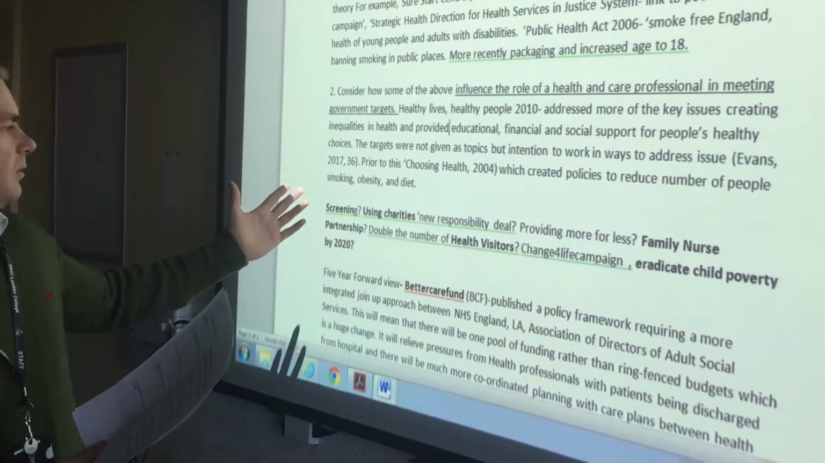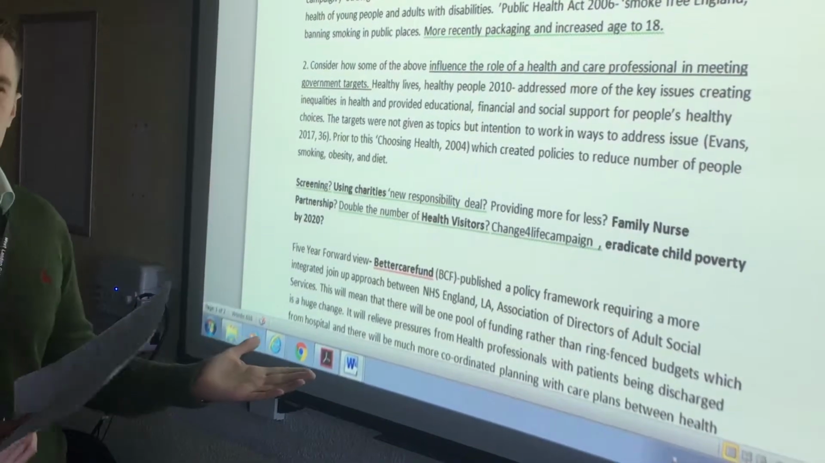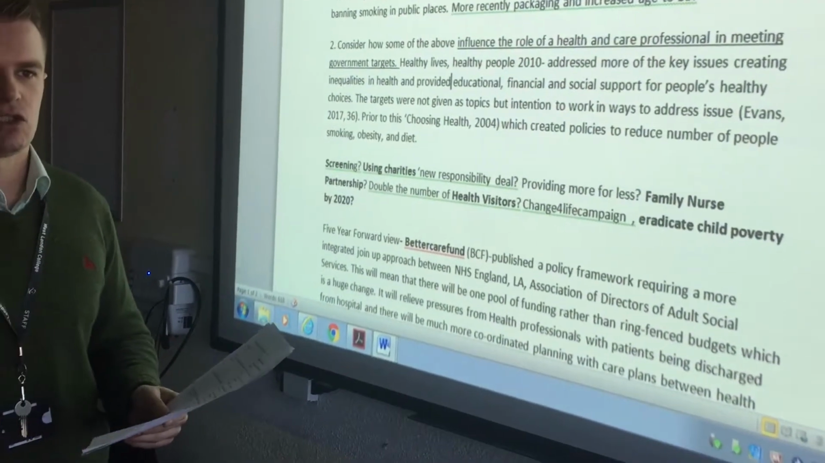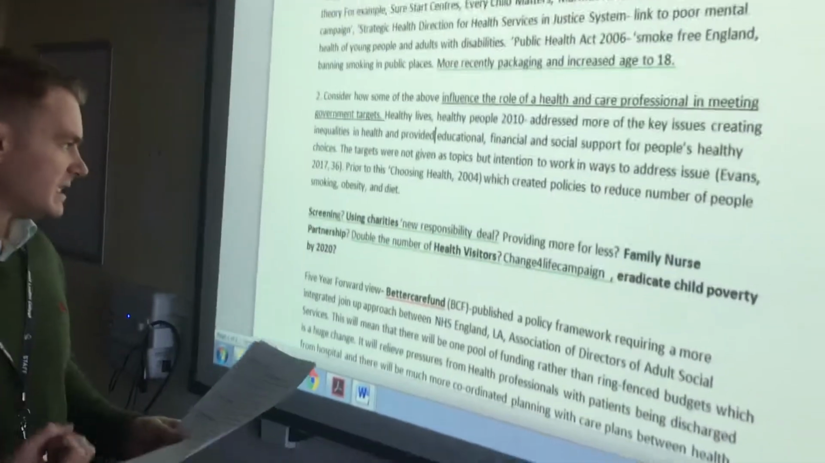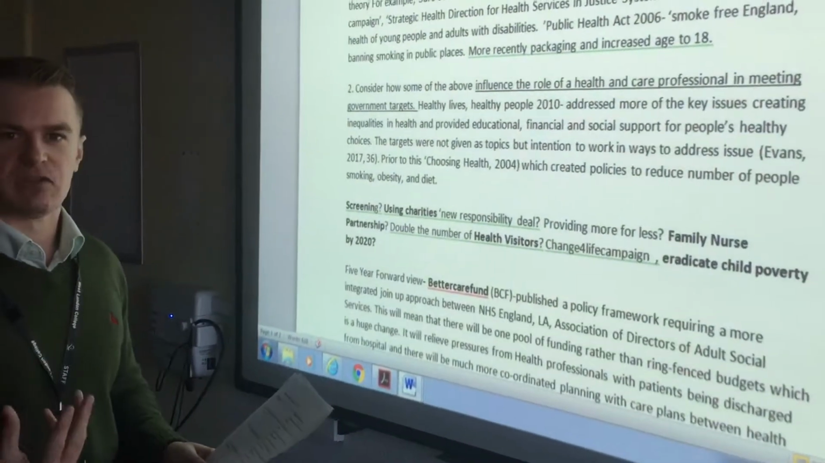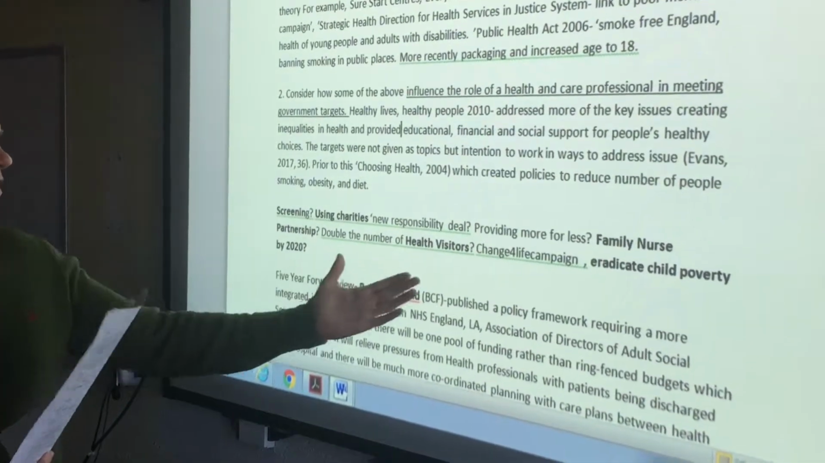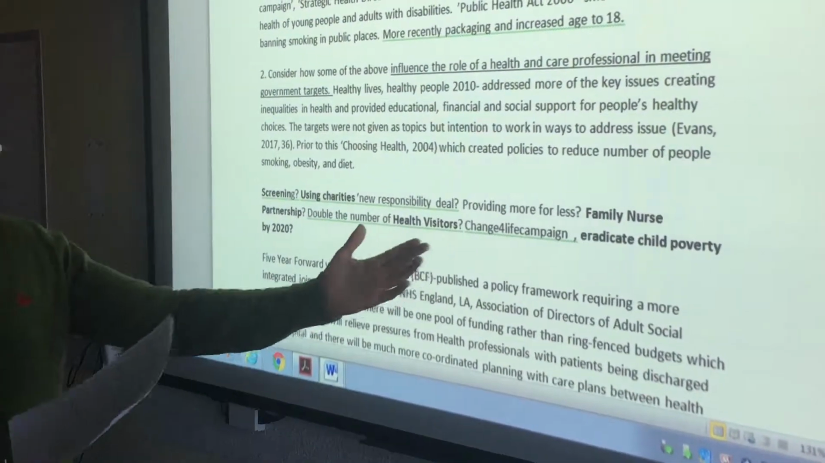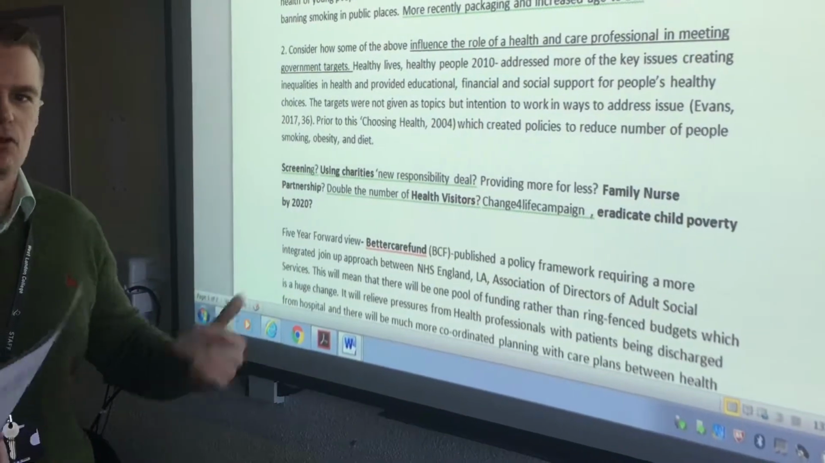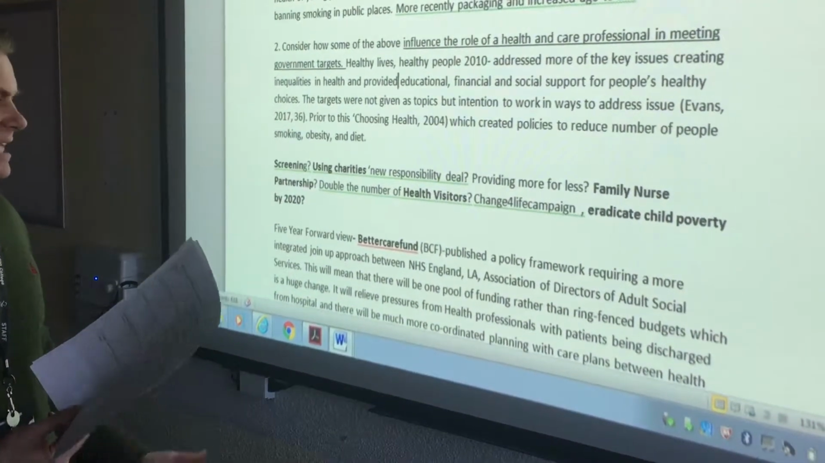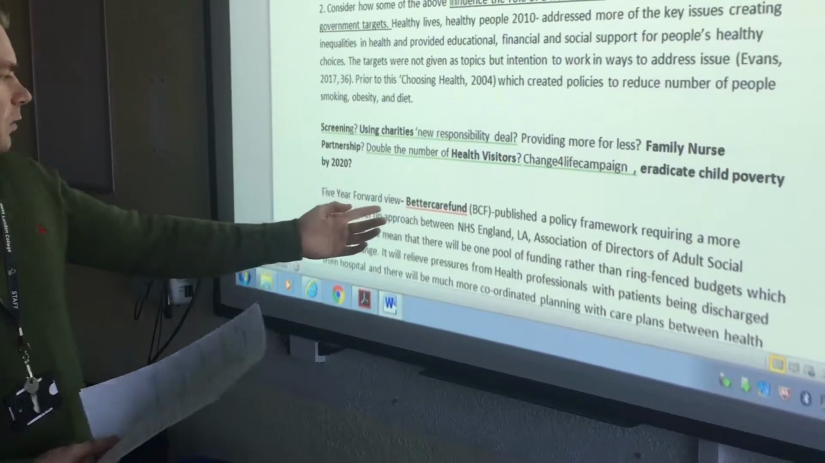We've also seen a big push on family nurse partnerships, so maybe for teenagers who are pregnant, a family nurse practitioner will visit them to make sure they're supported. That's another target. We've seen a push to double the number of health visitors, the Change for Life campaign, and also eradicating child poverty by 2020. That was a big push. Has that been met? I'll let you think about that. Those were some of the big targets and goals which as health professionals we needed to be mindful of. Another one as well, the 5-year